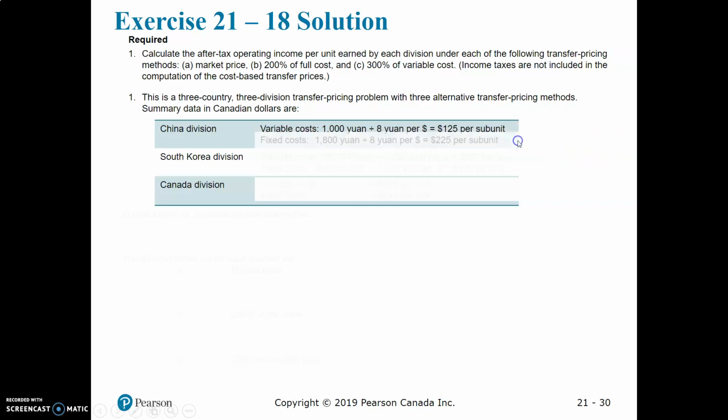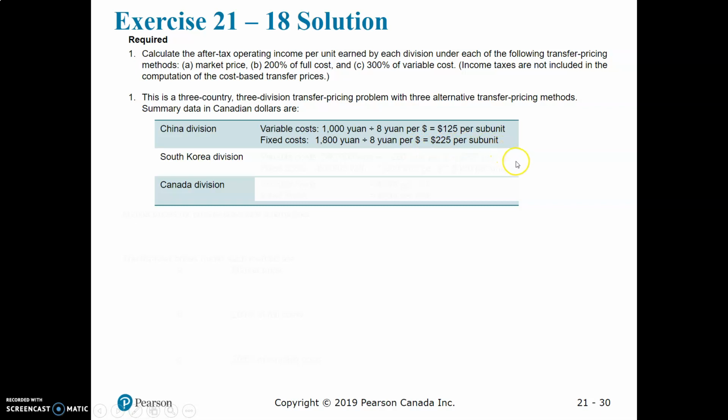We know that the China division had a variable cost of 1,000 yuan. Take this 1,000 yuan and divide it by 8 yuan, the exchange rate given to us in the question, and you arrive at 125 Canadian dollars per subunit. Now use the same approach for the fixed cost. The Chinese division incurred 1,800 yuan for the fixed cost. Divide that by 8 yuan to convert it into Canadian dollars, which equals 225 Canadian dollars